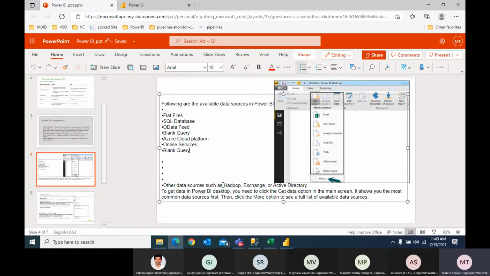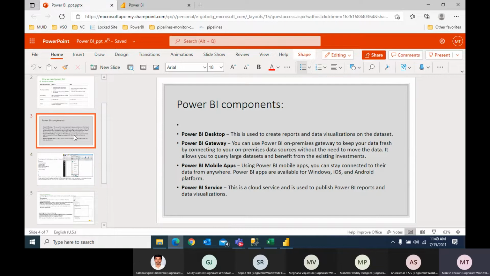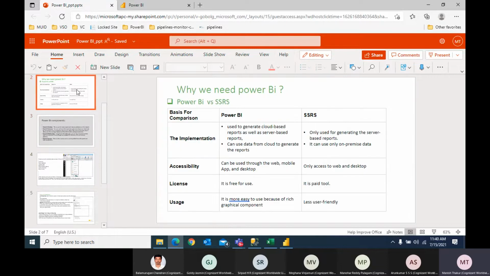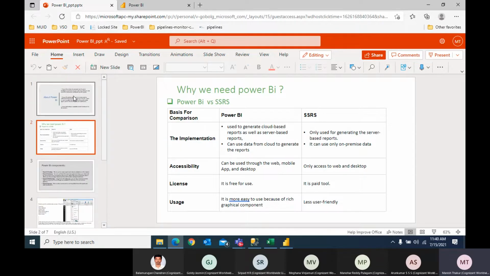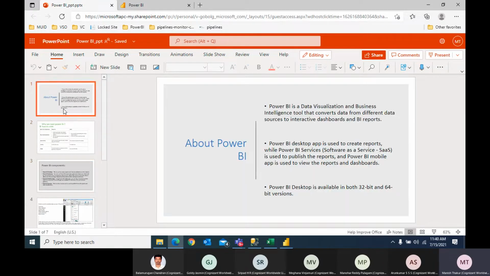Other data sources are big data, like Hadoop, Exchange, or Active Directory, which we can use to get data in Power BI desktop. So these were some of the basic details about Power BI and Power BI components. I will move to the Power BI application so that we can create some report.